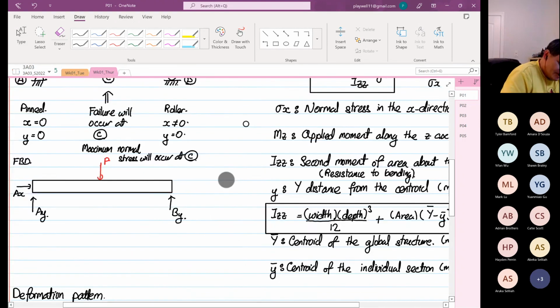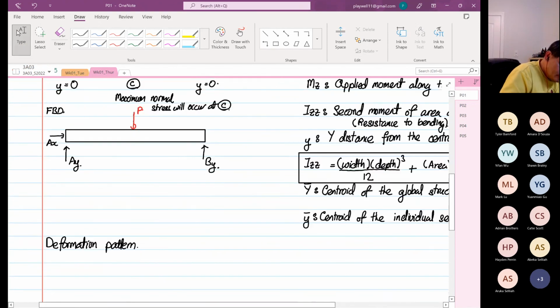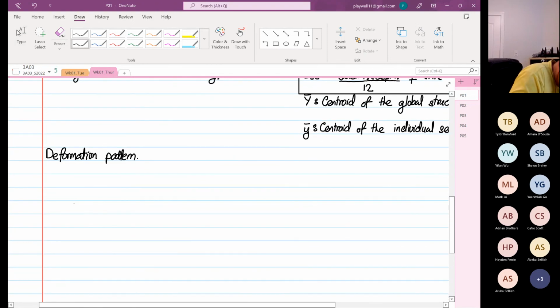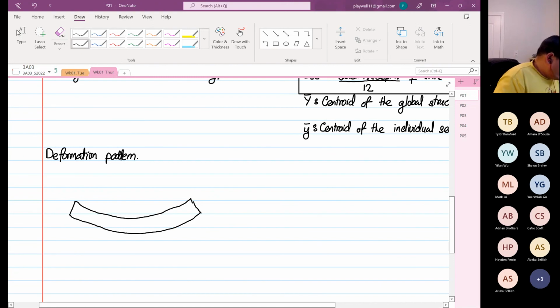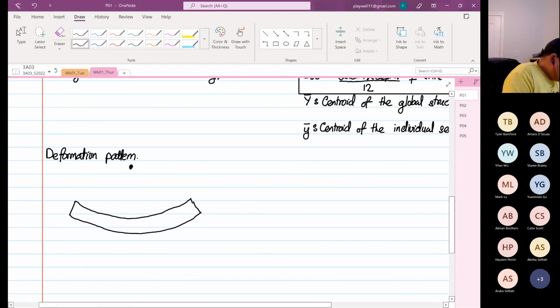So what do I mean by that? We know that we have a load applied at the center. So if we were to sketch the deformation pattern, it will look like this. So this is how the structure will deform. Down here, I'm going to pick a point over here, and this point represents the center of curvature. The point that I pick is known as the center